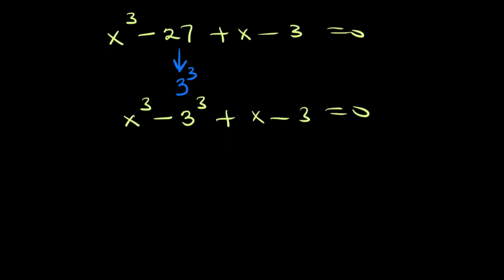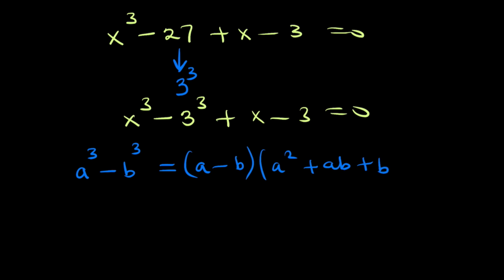There is a very common identity for difference of two cubes. When you have a cube minus b cube, this can be expressed as a minus b into a squared plus ab plus b squared, meaning that x raised to power 3 minus 3 raised to power 3 will now be written as x minus 3